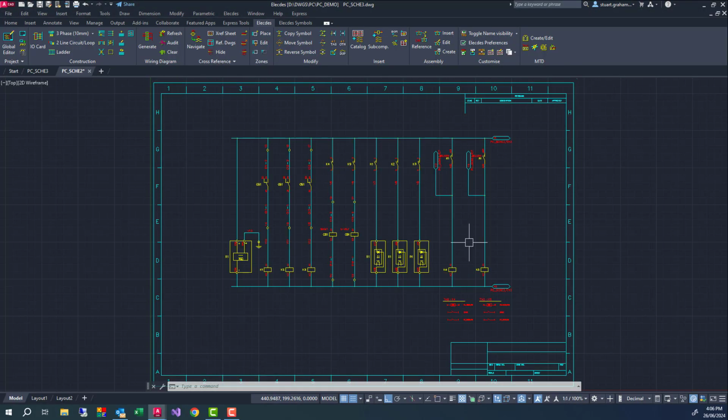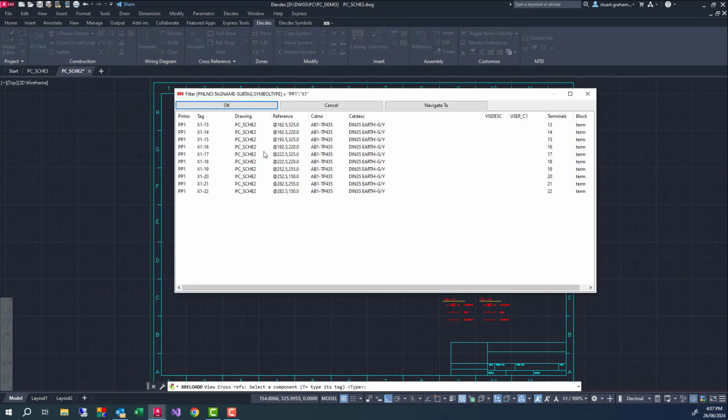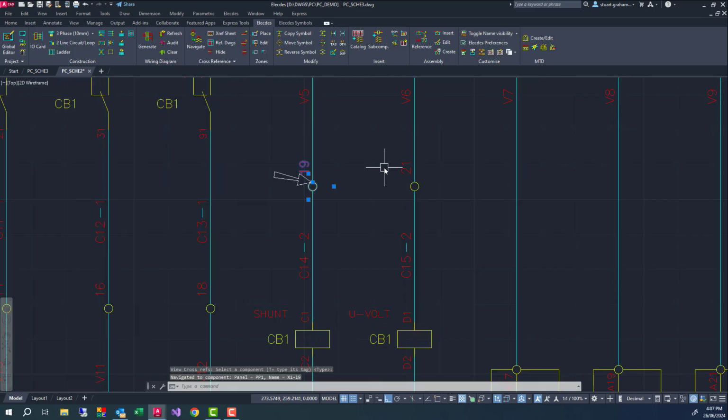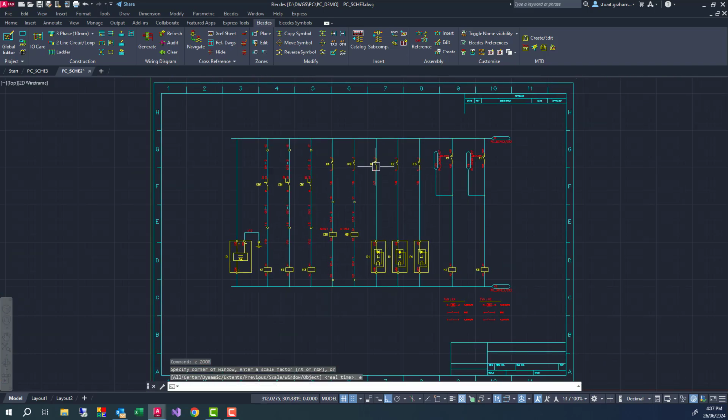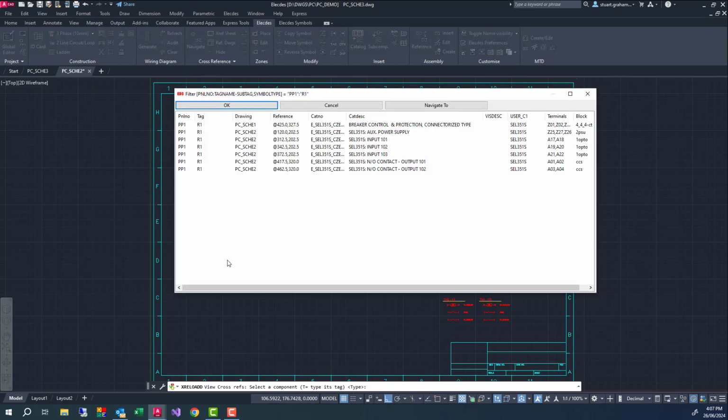I'll now show you some more from the Electors navigation tool. If I select a strip terminal, then Electors will offer me a list of all terminals in that strip. This list allows me to easily navigate to any part of the strip. Similarly, Electors can track and take me to the location of all subcomponents from my protection control relays. Subcomponents are often spread over multiple sheets. In this instance, I will navigate to the CT input block on the AC diagram for my protection circuit. All drawings that are included in the Electors project will be included in cross-referencing and navigation.